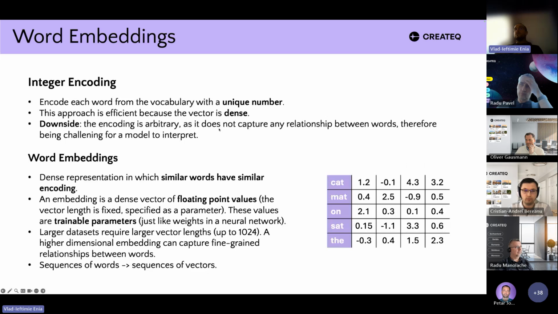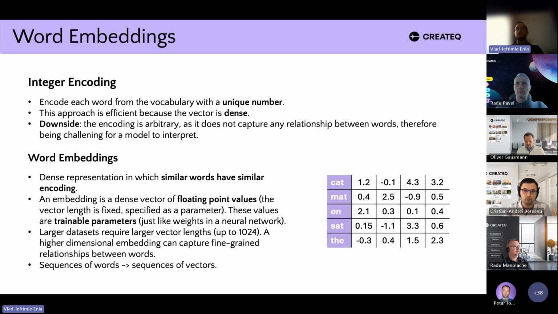We might use integer encoding, which instead of using vectors with 1s and 0s, assigns an integer index to each word. The downside to that is that the encoding is arbitrary, so it does not capture any relationship between words. And if we process words individually, we just train the network to classify words, but we don't have any processing of sentences or meanings.